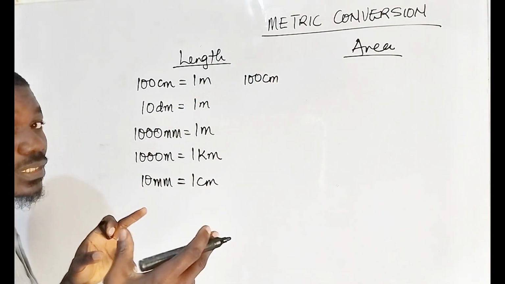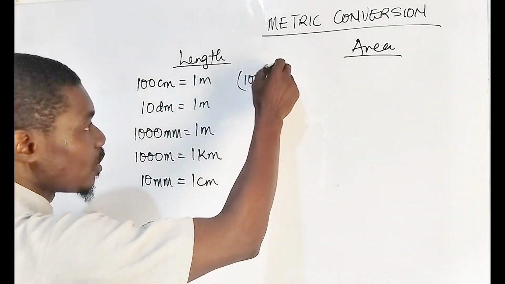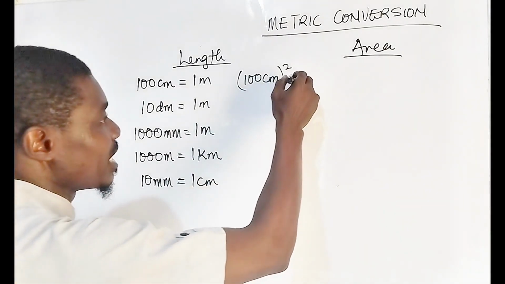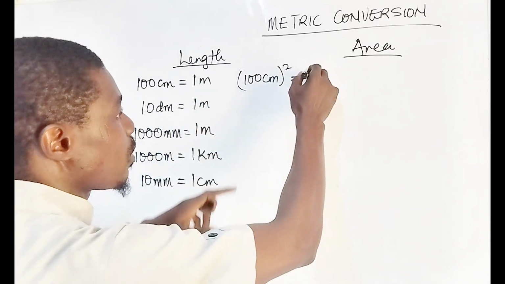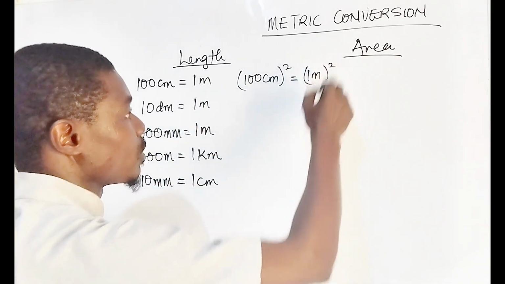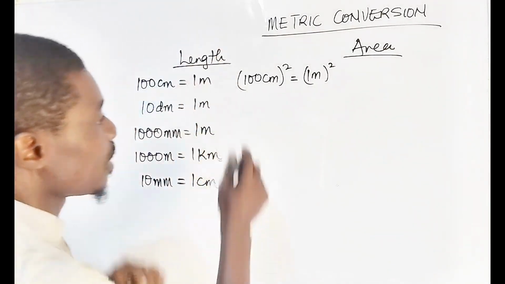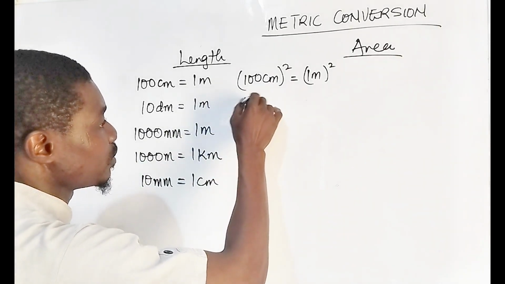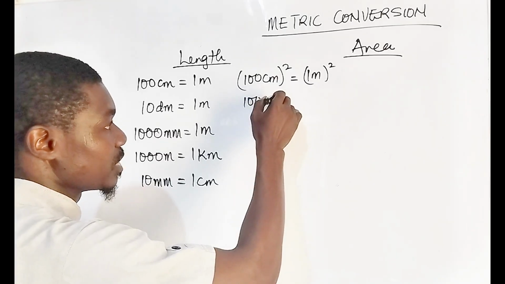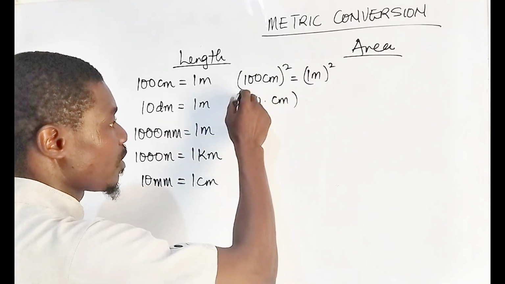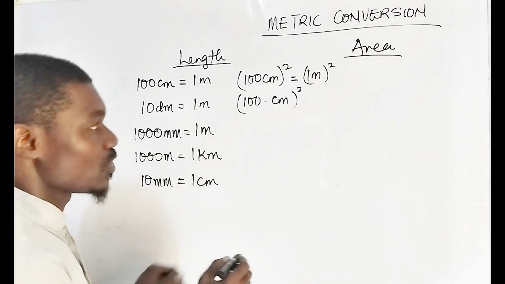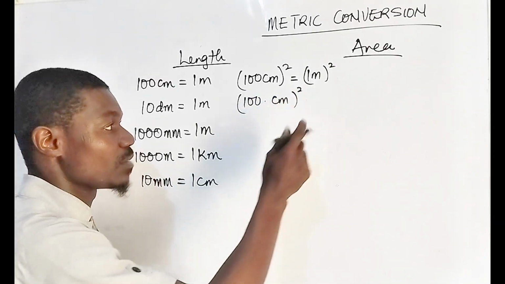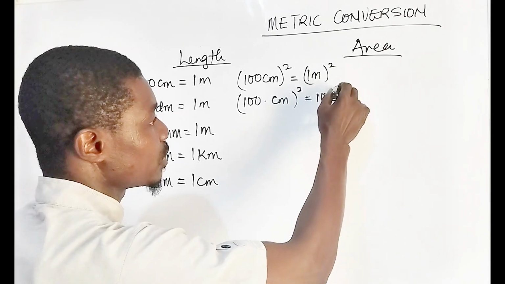Now for us to make it a square meter, it means we have to raise all this to the power of 2. Okay, all right. So if that's the case, which implies 1 meter also will be raised to the power of what? 2. Okay, so this will now give us, according to the law of indices, because this is just 100 times 1 centimeter, let me just put it as centimeter, all raised to the power of what? 2. Okay, so and according to the law of indices, this power or exponent will be distributed among these two terms. So here you have what? 100 squared